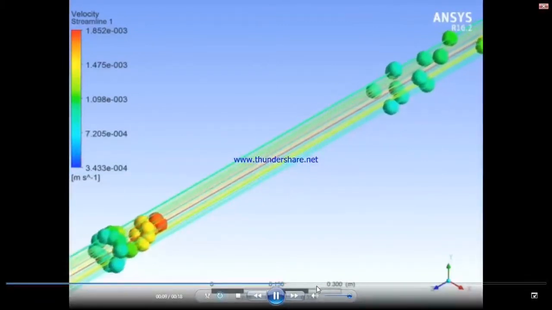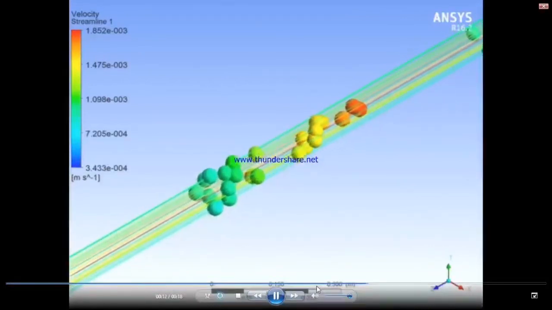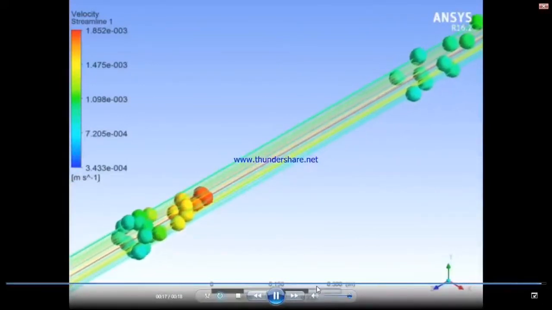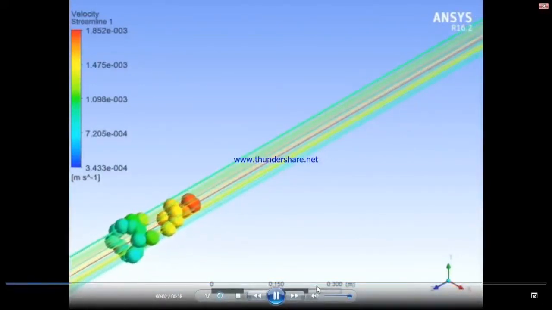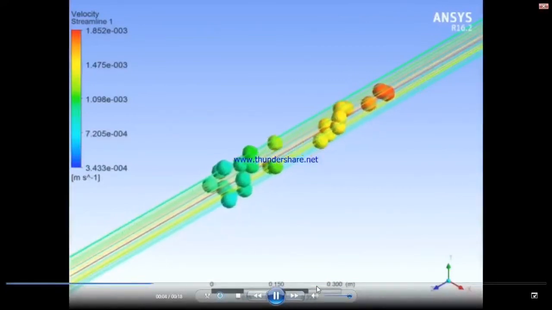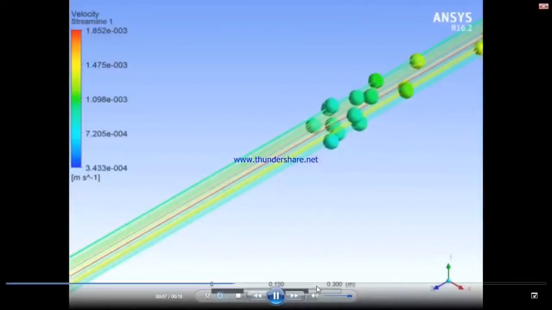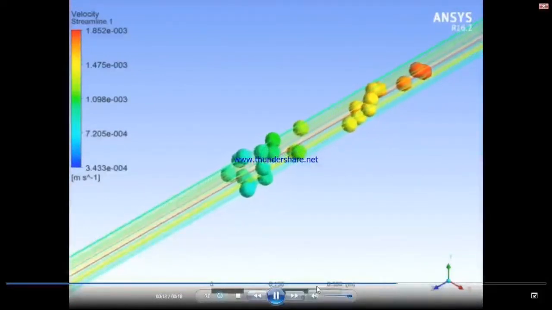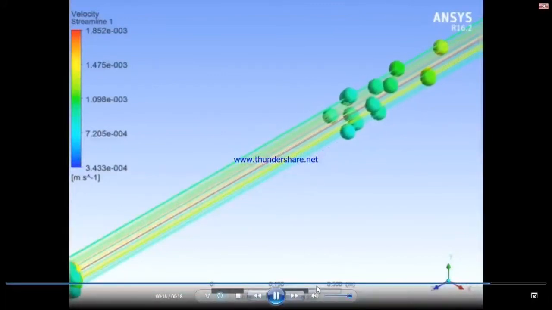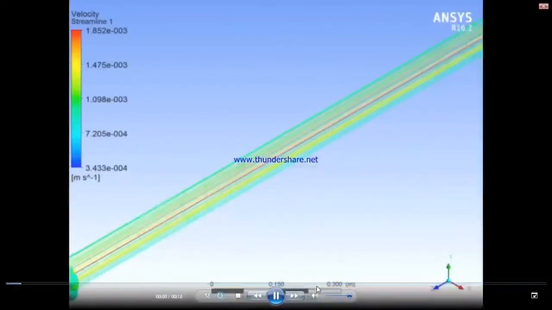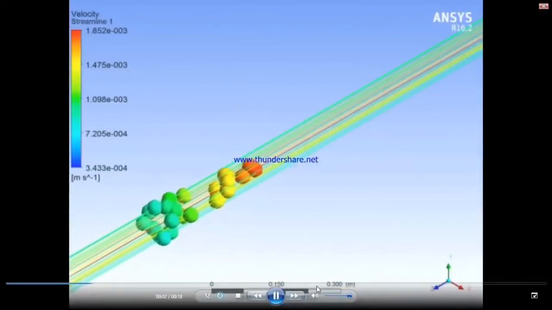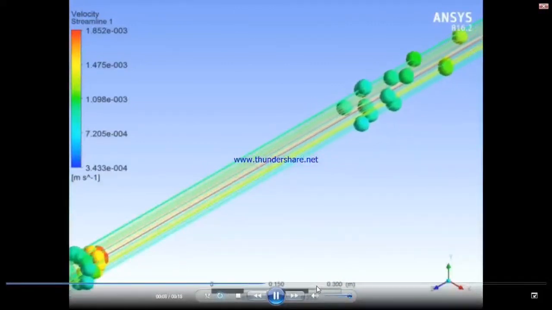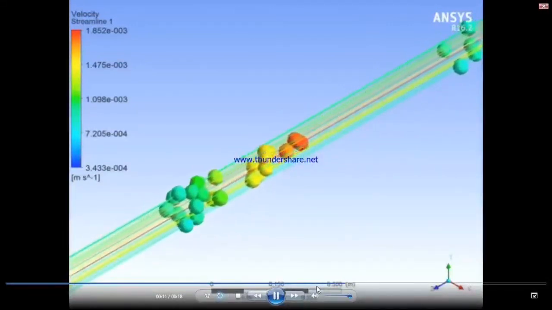So the velocity profile, as we saw in the previous slide, can be understood by this animation: why it is parabolic and why it is maximum at the center, and why the shear stress profile is just the inverse of it, like 0 at the center and maximum at the surface of the pipe due to hindrance from the surface or hindrance between the layers. The maximum velocity can be seen in the red particles, and the minimum velocity in the sky blue particles. So we can relate here how the velocity profile can be generated.